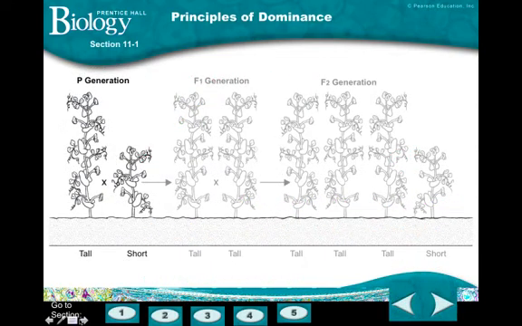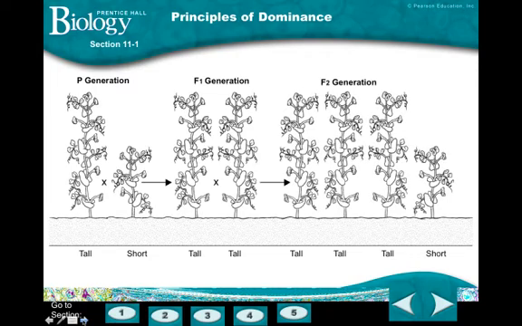Now, when we look at Mendel's P generation, he started out with this parental generation. He cross-pollinated a tall pea plant with a short pea plant. And what he found in his F1 generation was that all of the plants were tall. Which trait is dominant? Can you tell? Then when he crossed the F1 generation, those two tall plants, he ended up with mostly tall, but he had some short, just like in the P generation. So that made him wonder, I wonder how this works. I wonder how the dominant and the recessive traits, or these factors that I don't even know what they are,